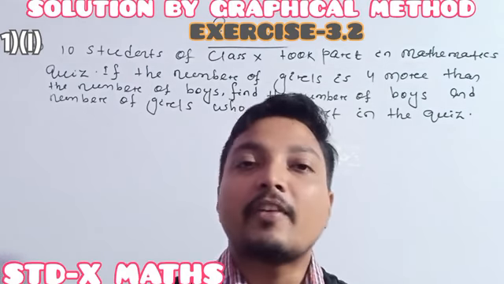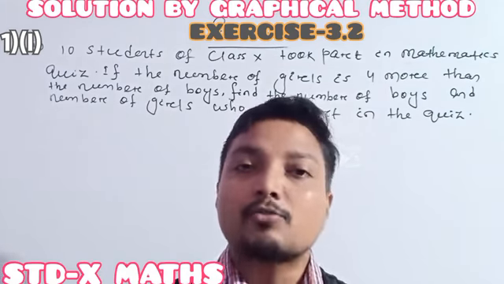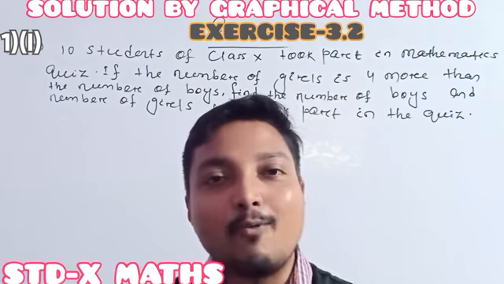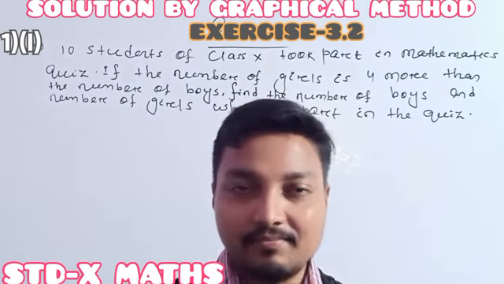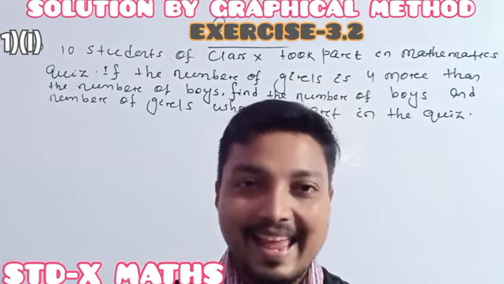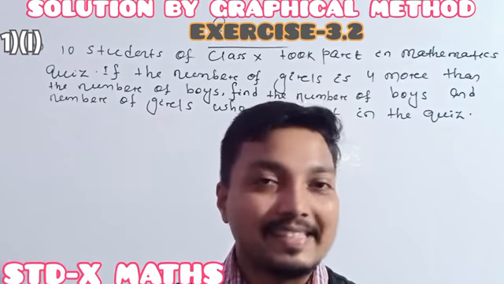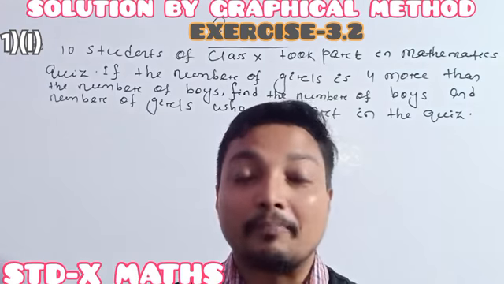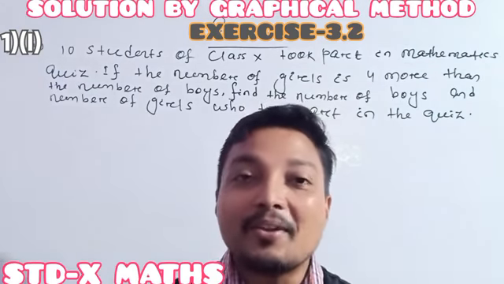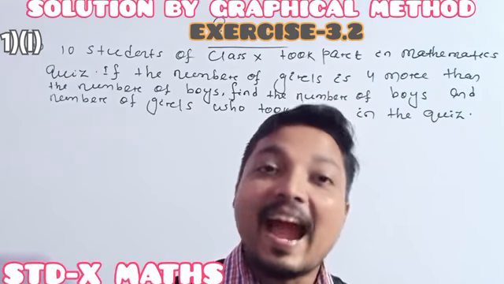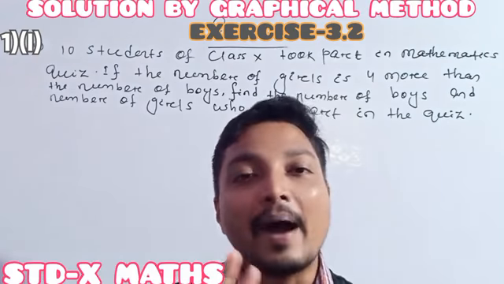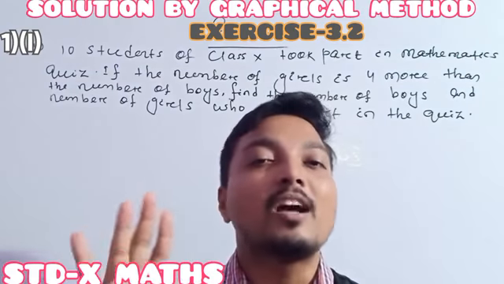So it must be checked first. First we should check whether the graphical representation will be intersecting lines, parallel lines, or coincident lines. Then we just have to find the solution. When do we find the solution? Whenever it is intersecting and whenever it is coincident. Otherwise, in the parallel case, we cannot find the solution.